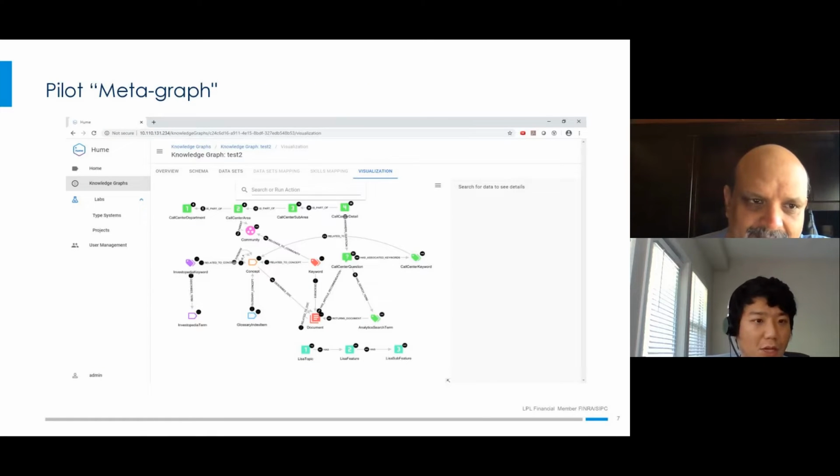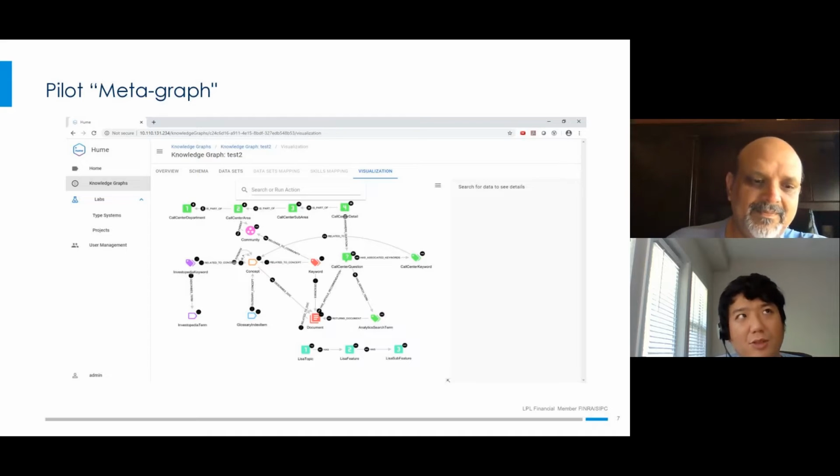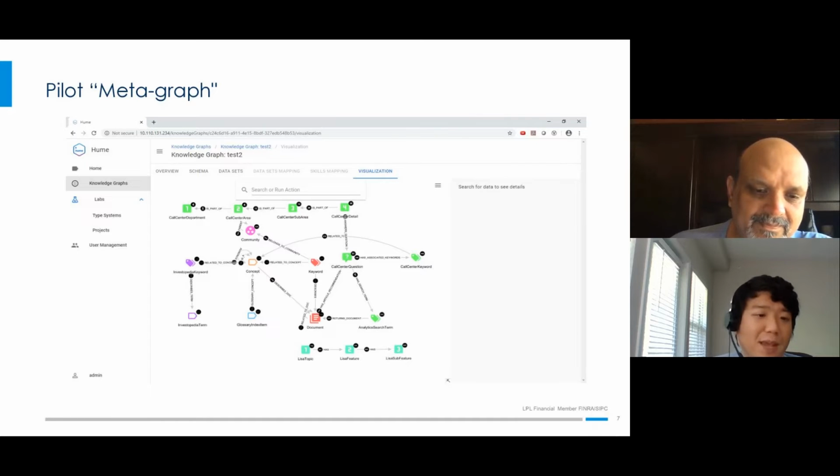So over here, you're seeing the meta graph that we have for the pilot that we've put together. At the core, near the center, would be the document that we've loaded into the knowledge graph. What we were trying to do is that LPL has these resource-centered documents that represent the knowledge base, and they're used by our advisors